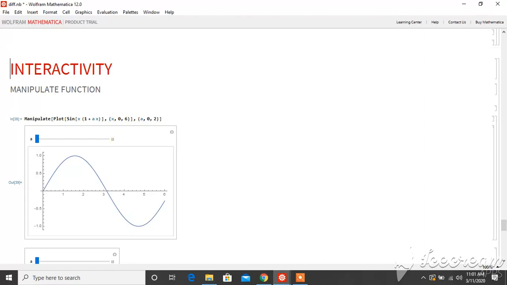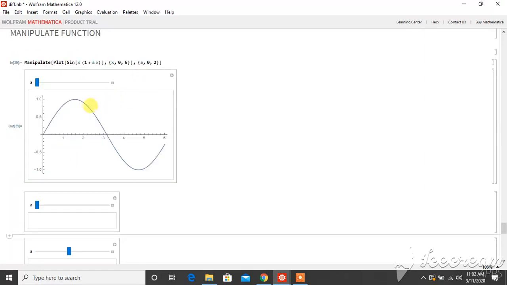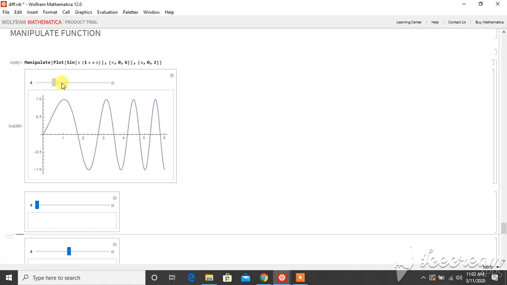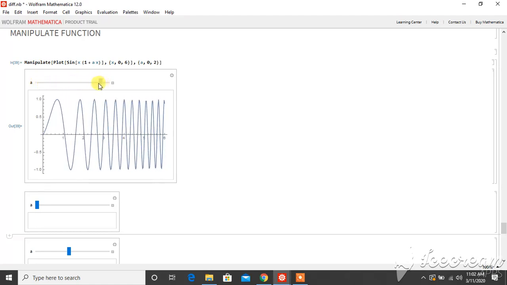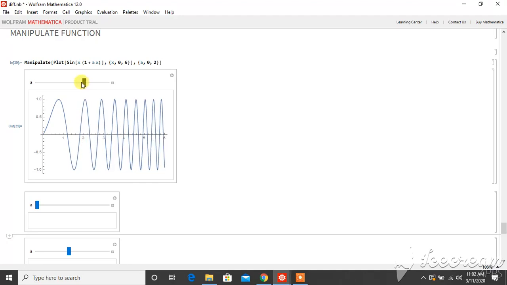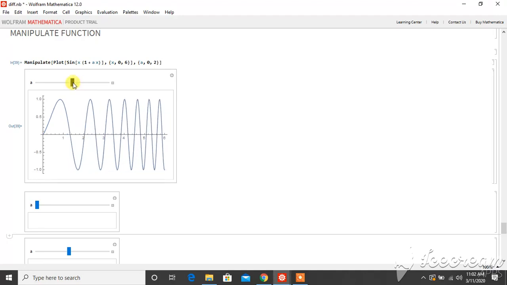It enables interactivity and constructs a graphical user interface. Here is an example to manipulate continuous parameters, and here is our output. See, it has enabled interaction and has constructed a graphical user interface.